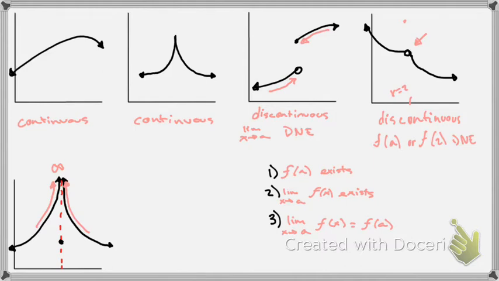So now we're going to move on to the last part. Does the limit at each point on the graph equal the point? So this would actually fail because, as you can see, let's say this is x equals 3, when x equals 3, the limit is approaching infinity. But we have a point down here at, let's say, y equals 1. So infinity obviously does not equal 1. So this graph is going to be discontinuous